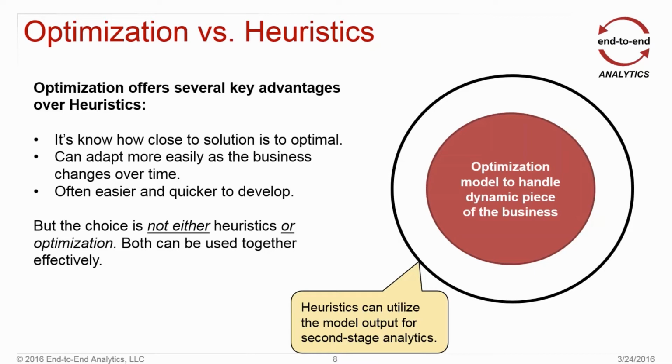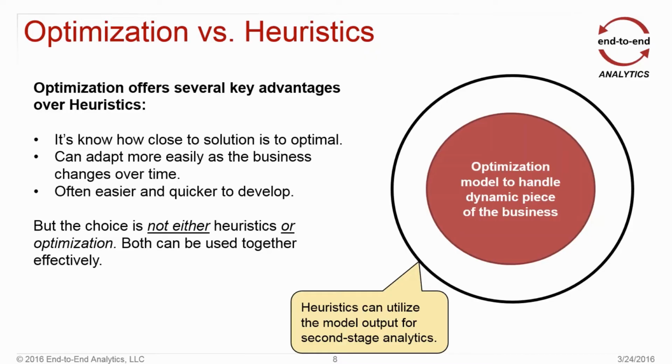One of the real benefits of this is that heuristics often don't react well as businesses change. So if I'm building a tool around a heuristic and I find a year or two down the road there's some unique constraint that I need to put in there, there's a real chance that you can end up having to rebuild the entire heuristic. With an optimization model, I could simply add a new constraint, and generally you're good to go.